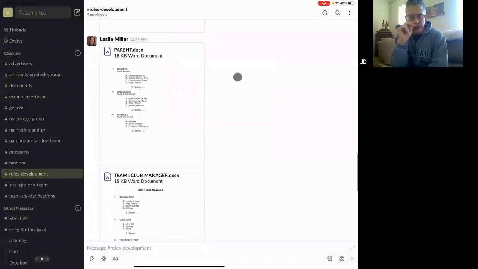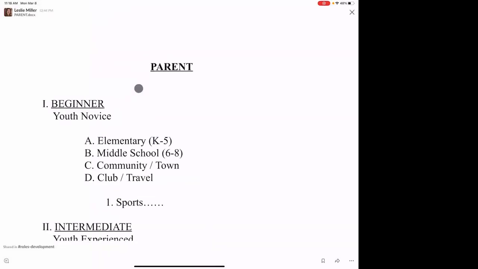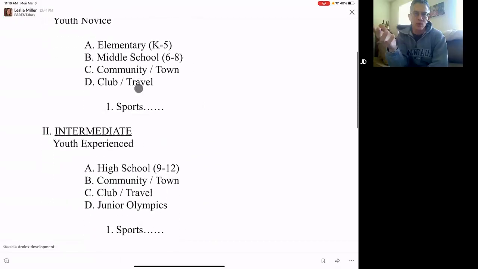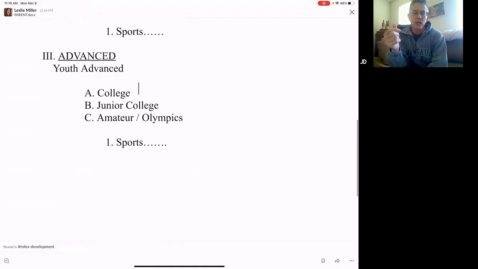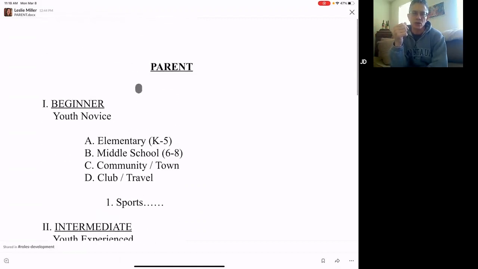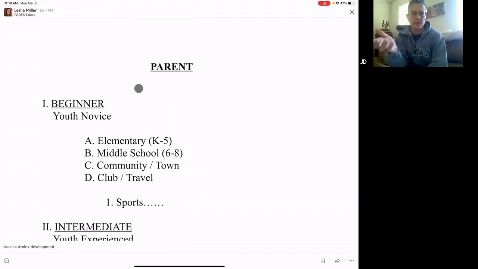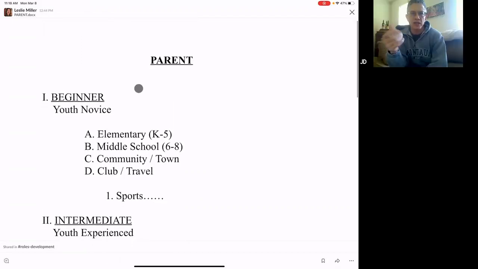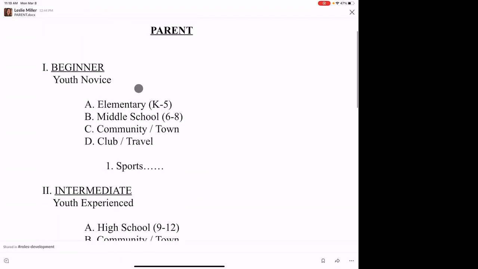How will they be able to pick multiple options there? You could also have a parent say, I have a kid who plays high school sports, but they're also on the Olympic team, or they're on a travel team, but they also play for the high school.